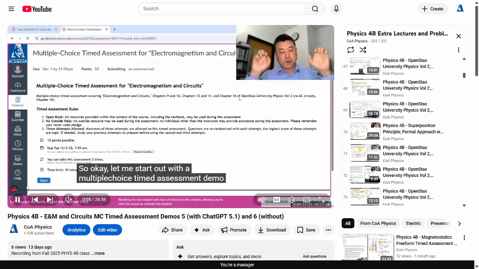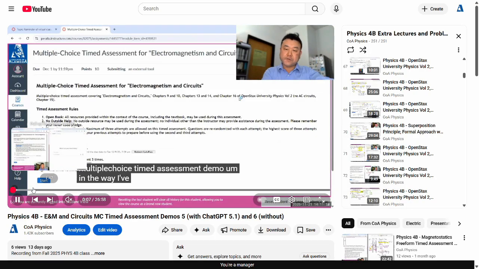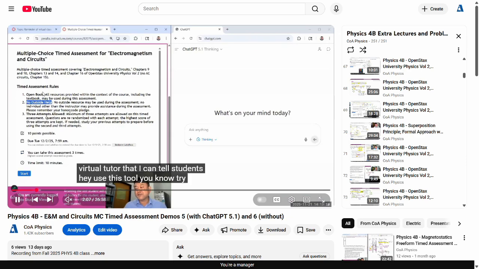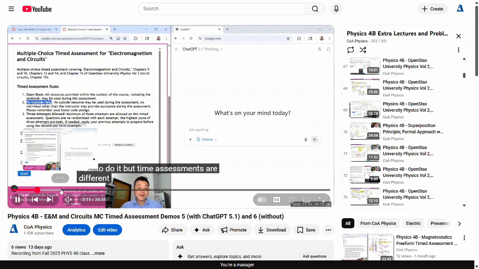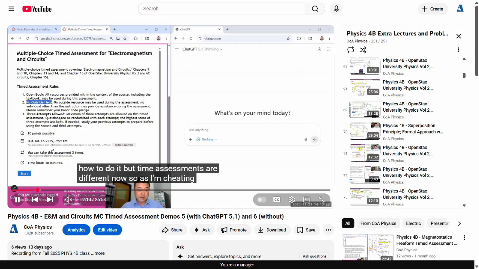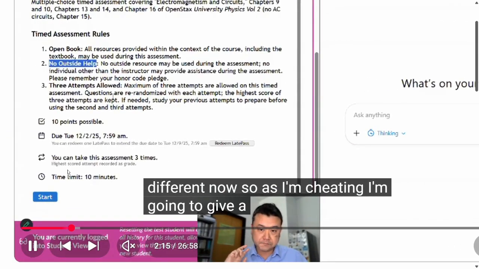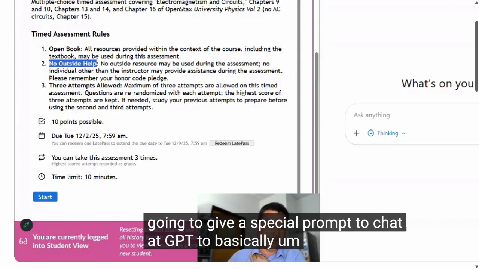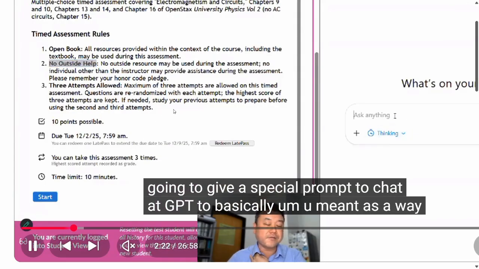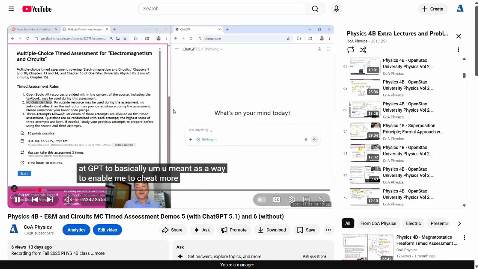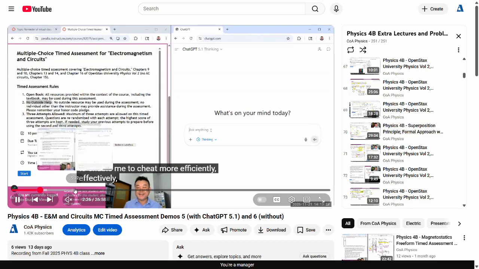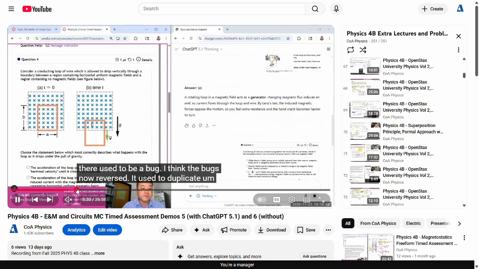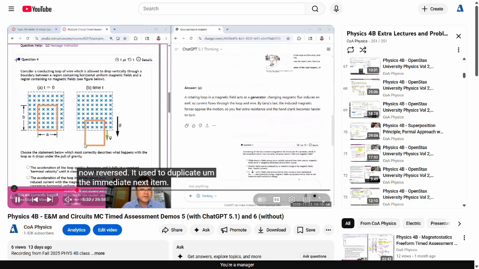The first half of what I do here is not something any student should do. It's a violation of the honor code. It's a violation of the timed assessment rule. Some of these rules, like time limits, were originally an anti-cheat measure that I implemented because it worked against cheating. It doesn't work against ChatGPT anymore, and ChatGPT is pretty capable